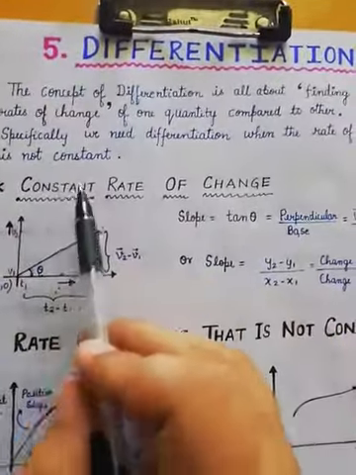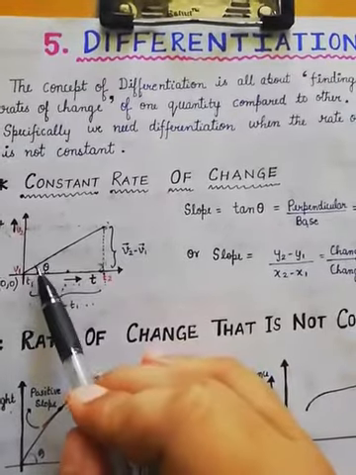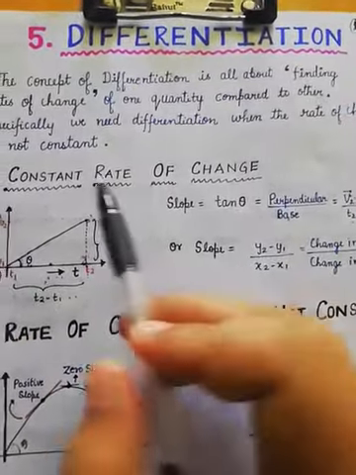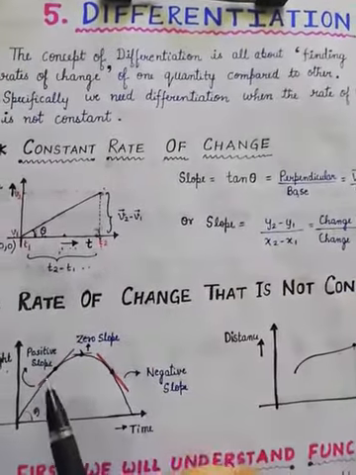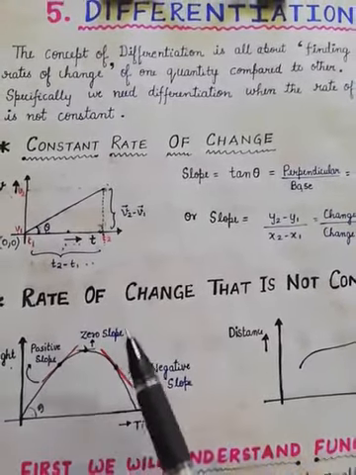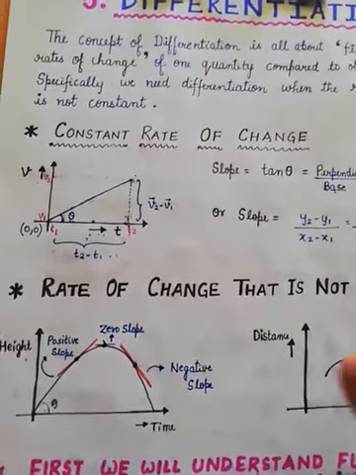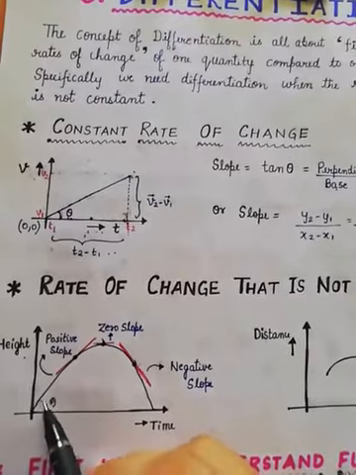Now this is an example where we see a constant rate of change. That's why we are getting a constant slope, because constant slope indicates a constant rate of change. Now there are certain possibilities in which you will find the rate of change is not constant. For example, if you have a ball, you throw that ball with respect to the ground making a certain angle theta.